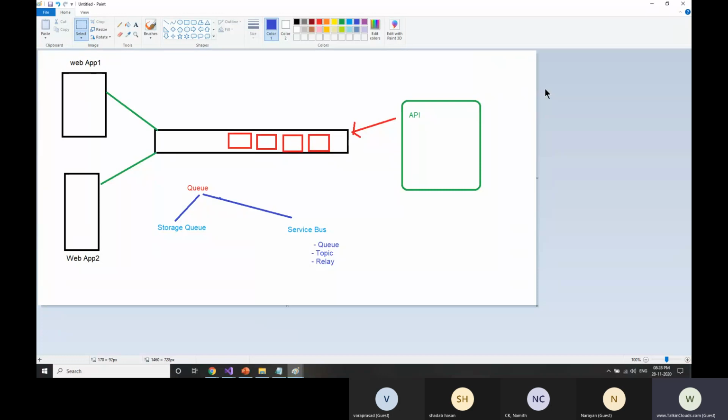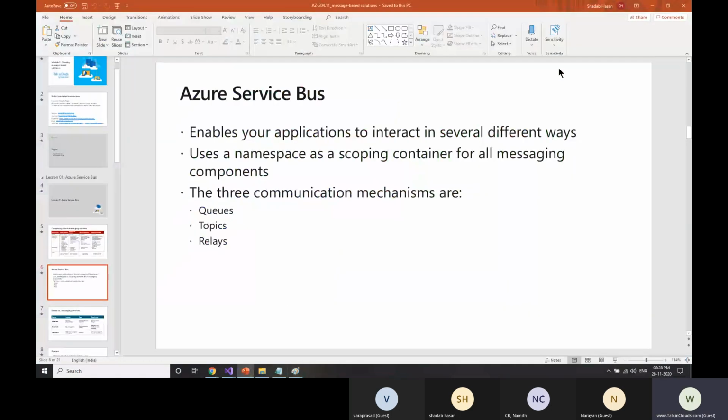So what you can do is drop your messages in your queue, and from the queue your API will pick up and process them. Later on you can get a response back in an asynchronous manner. You can achieve that using a queue.